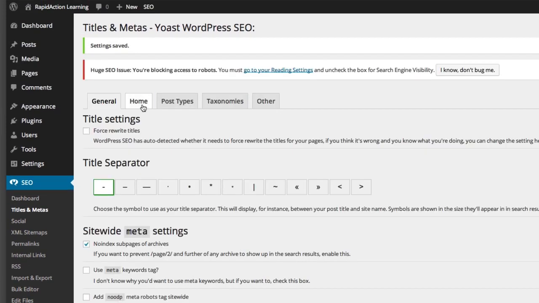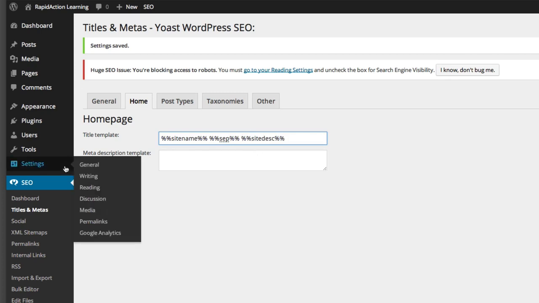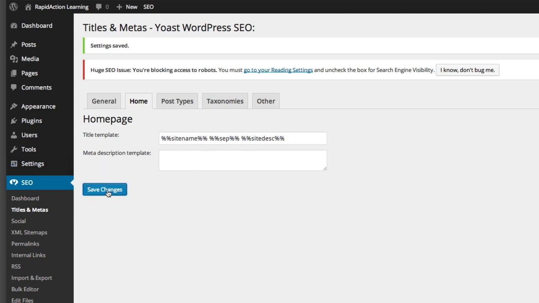And we'll move on to the home page. So this is where you set the title tag and the meta description for your home page. I want my title tag on my home page to be the name of the site with the separator and the site description. So if we save that quickly,